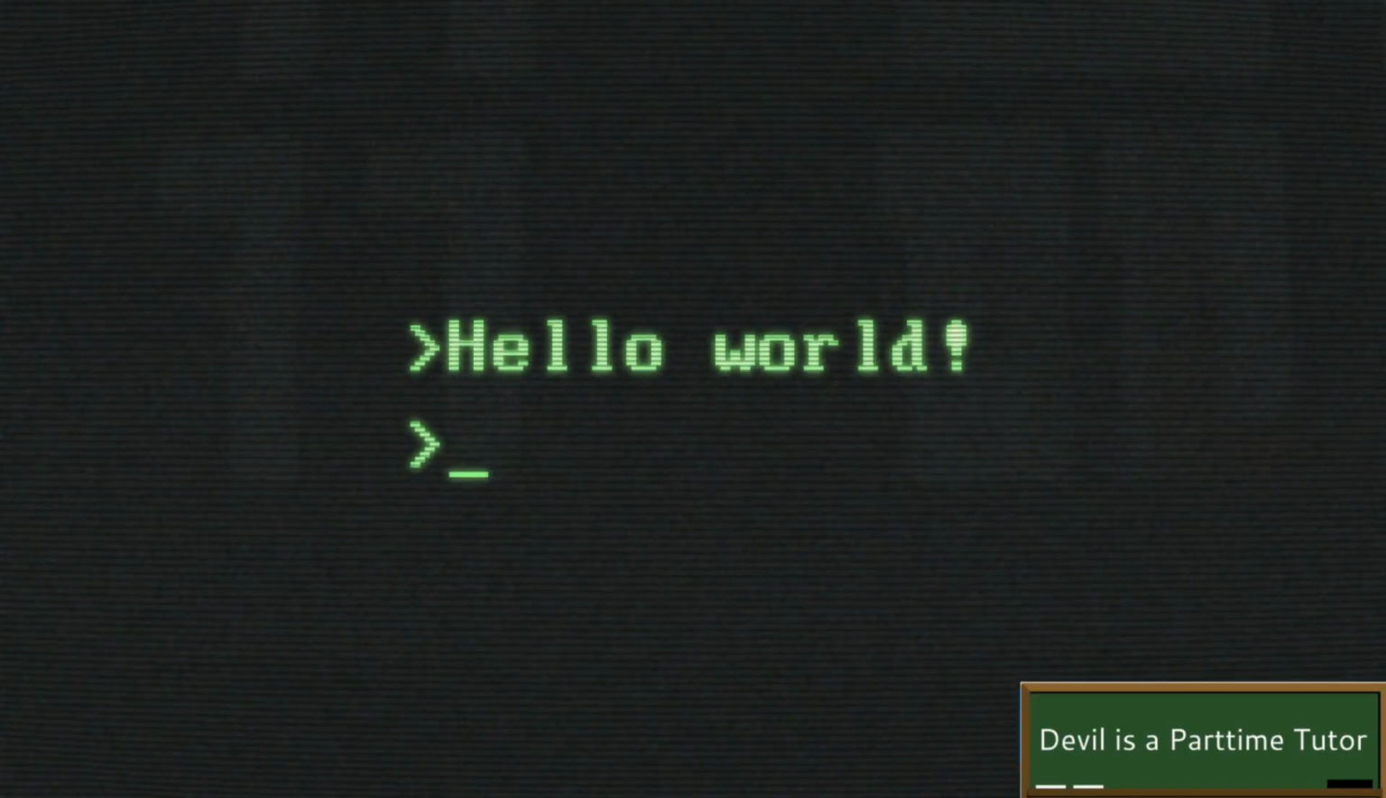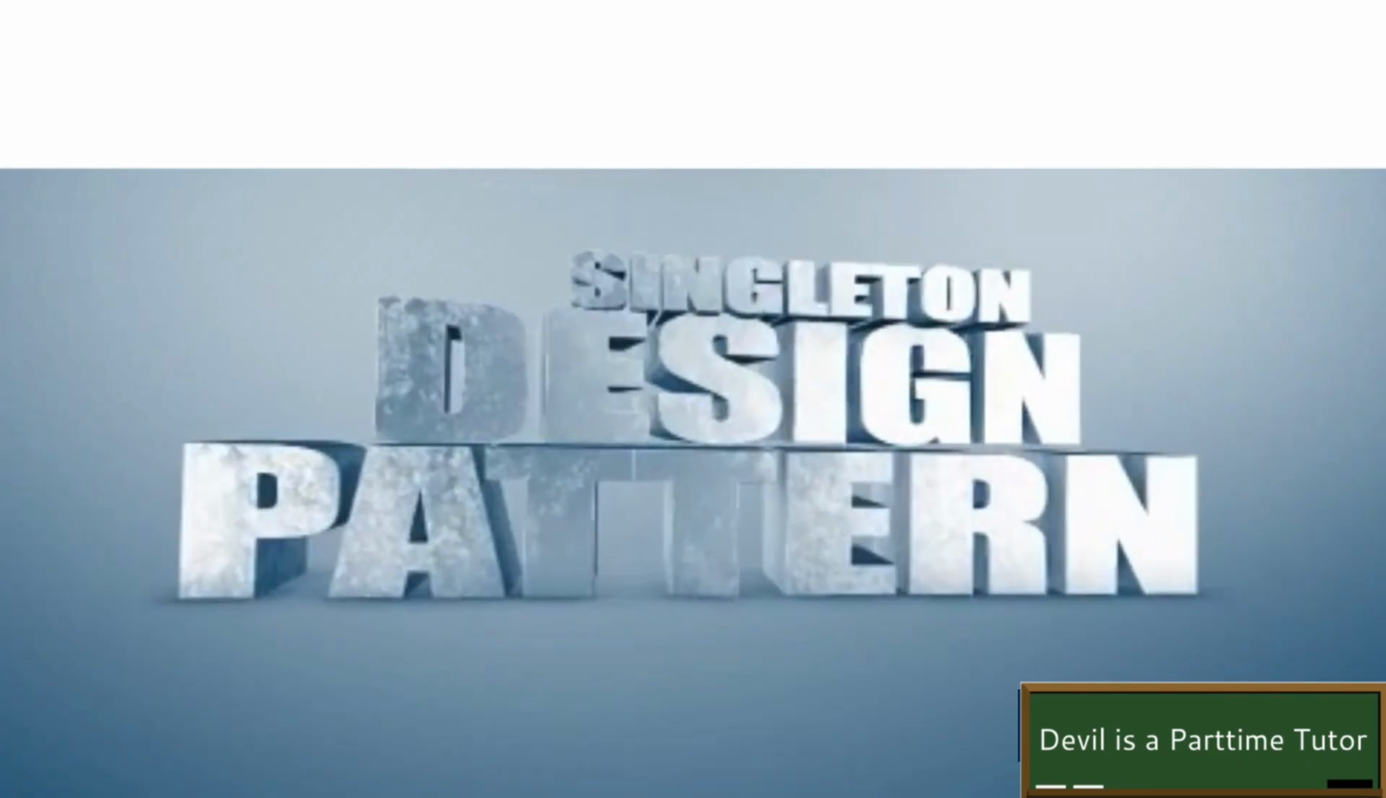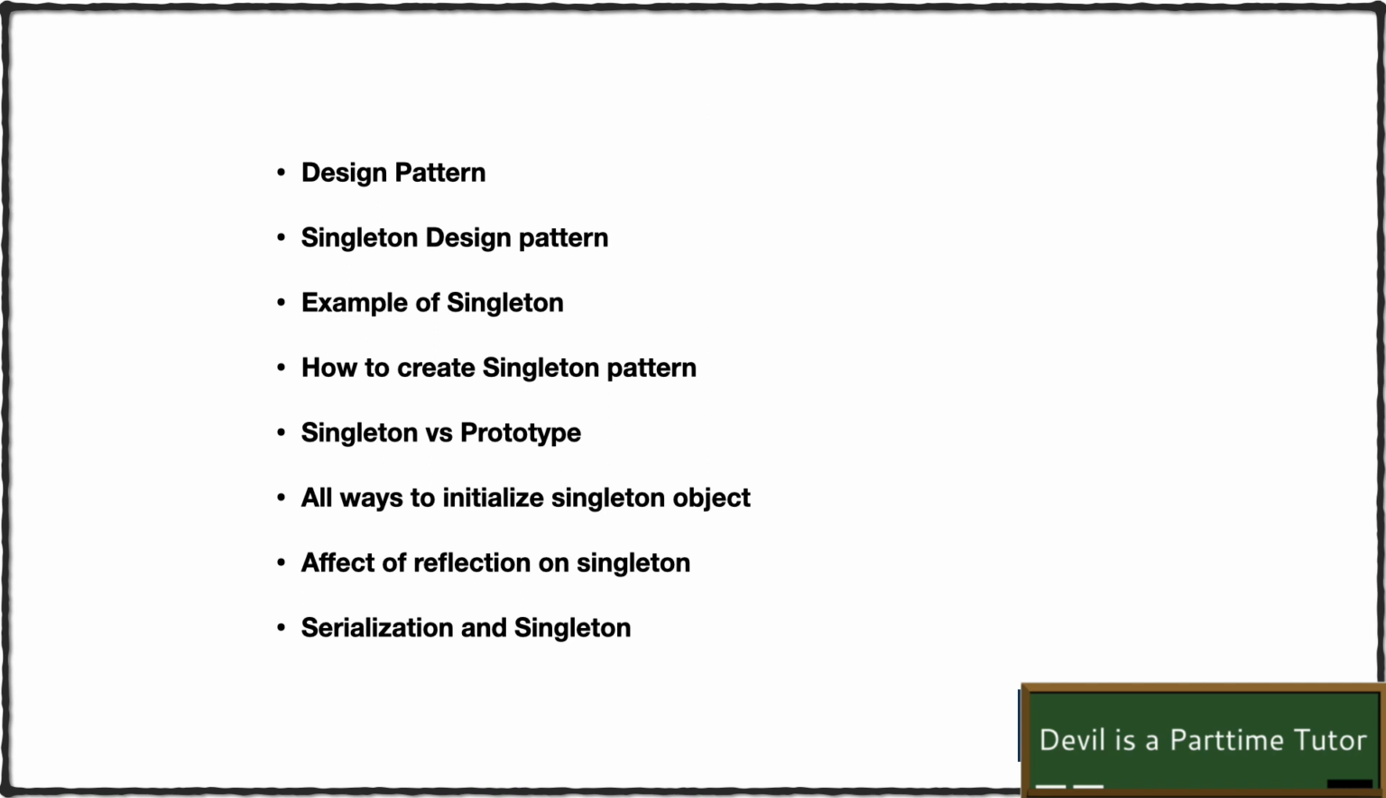Hello guys, in this video we'll talk about singleton design pattern. Before moving further, let me give you a quick outline of the content. Firstly, we're gonna talk about design pattern in brief. Then we'll try to understand what is singleton design pattern, how it is implemented along with the code and an